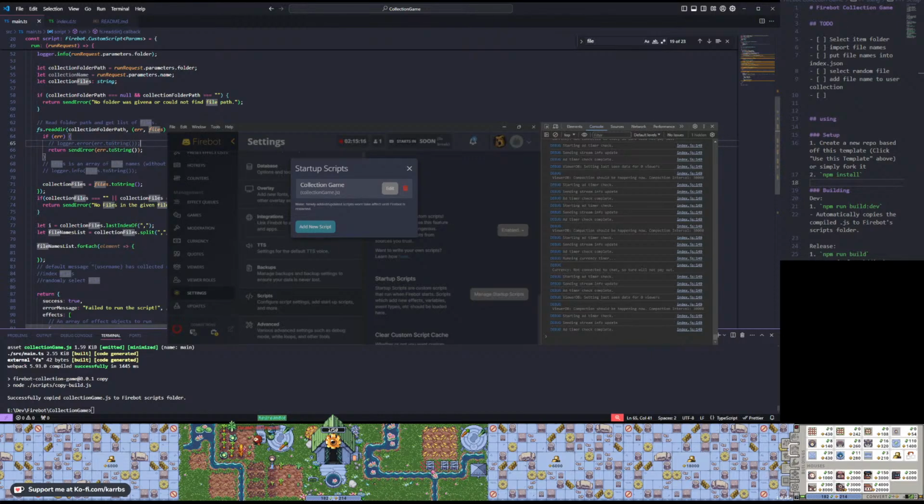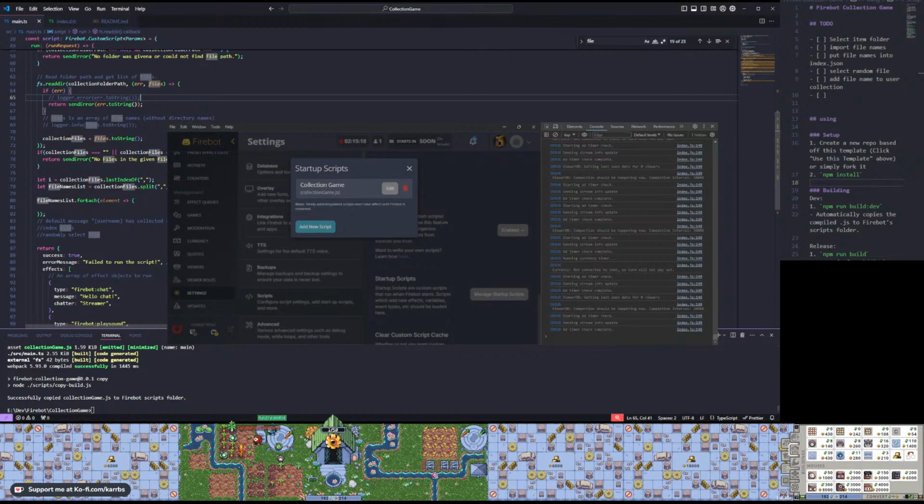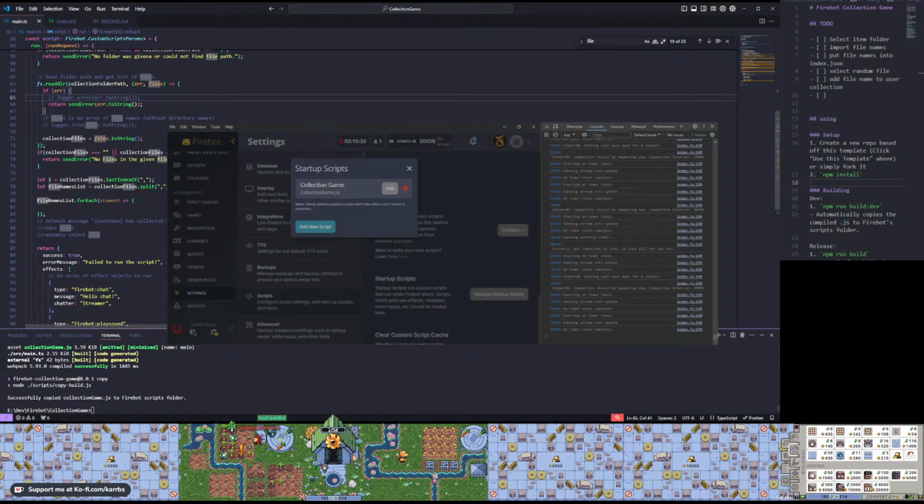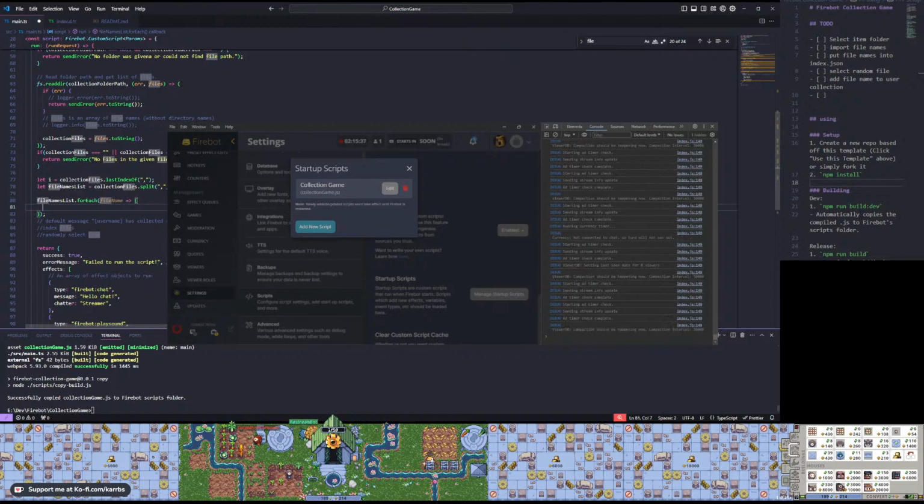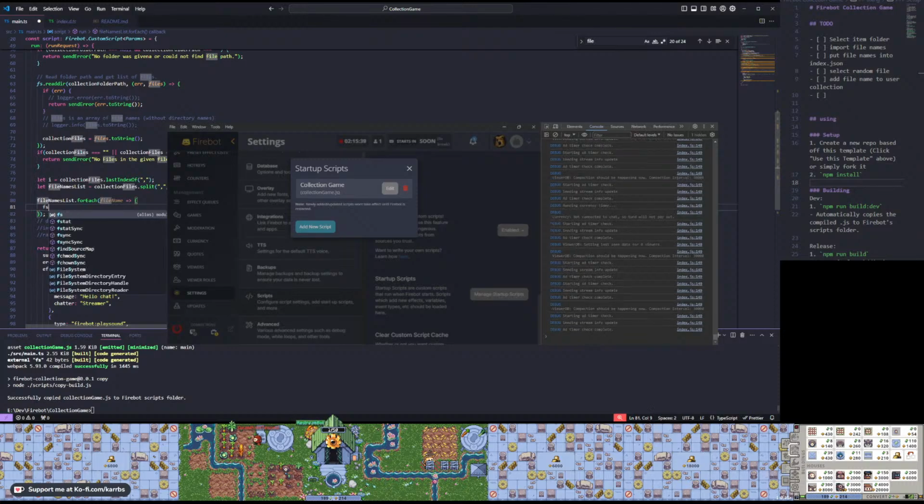All right, so all of this puts our files into an array. This kind of helps us for each file name, we then have to say that we want to store it in some sort of database file. Fs dot